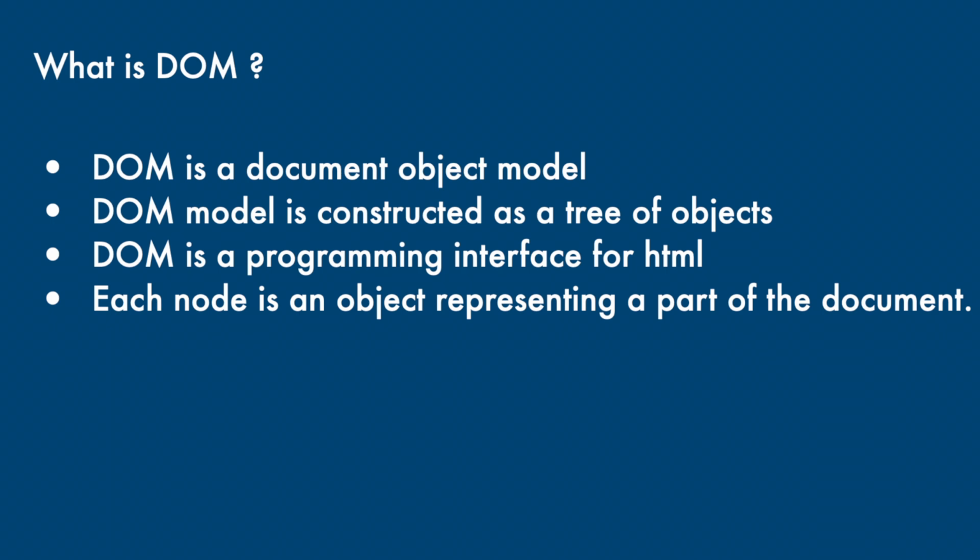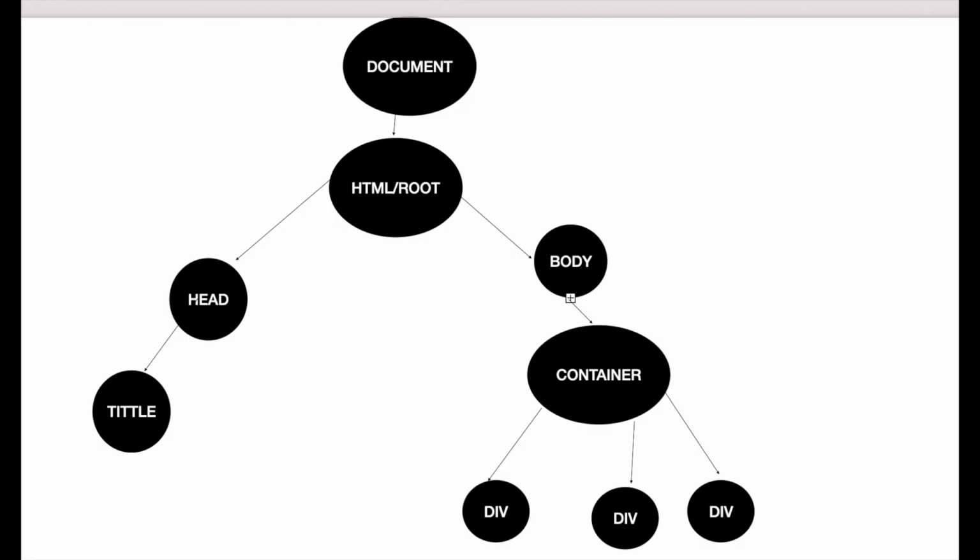With the document object model, programmers can create and build documents, navigate their structure, and add, modify, or delete elements and contents. This is the actual example of a document. It looks like a binary tree, but it has more than two or three children for a parent node. Here we can call document, HTML, head, body, everything a node. Every node has so many children.